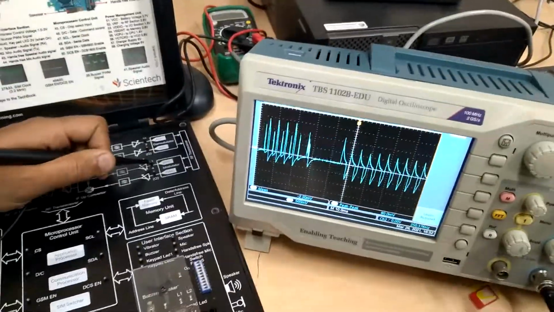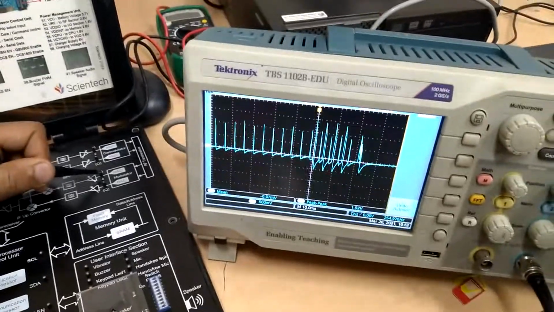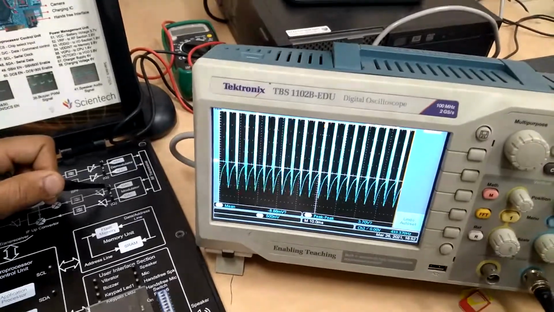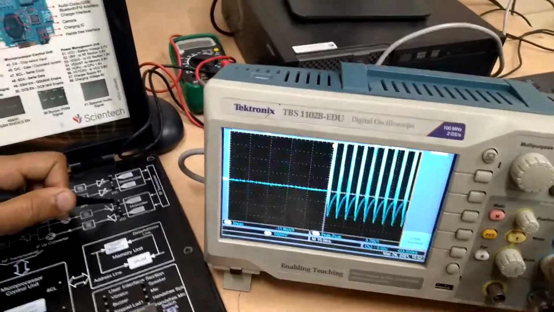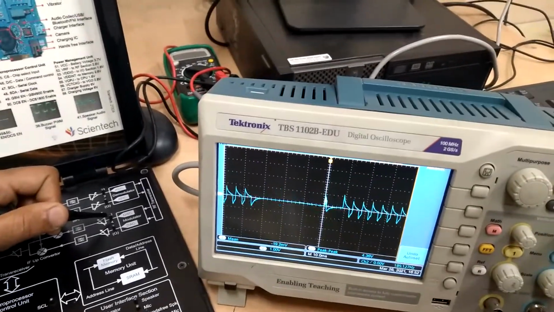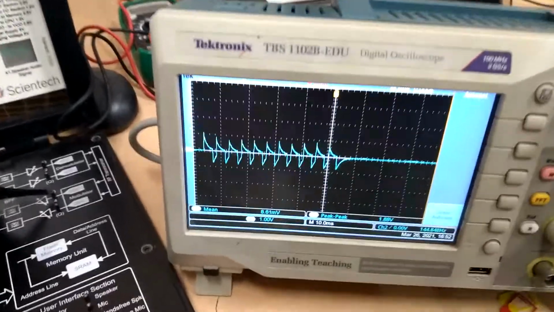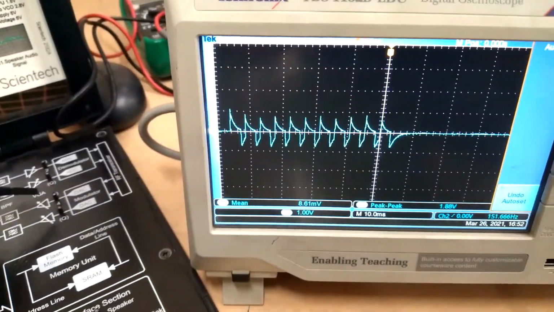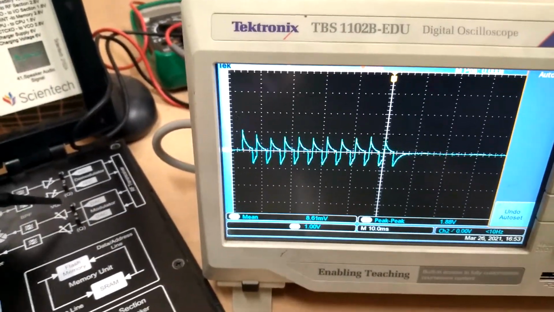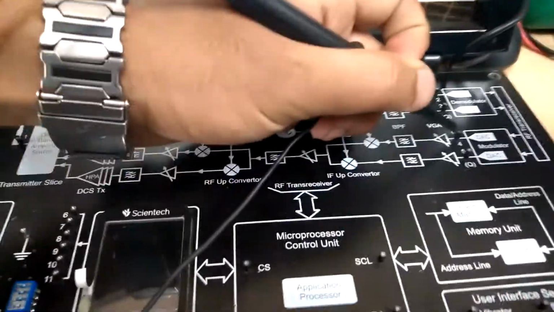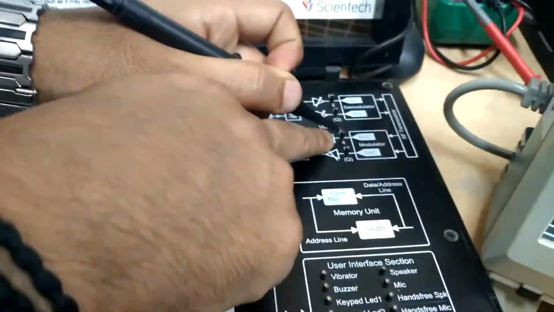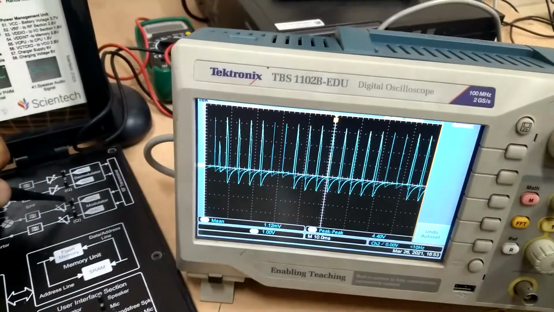See, you can see here, this is I data. So this is the waveform for I data for RX. I have connected the probe here, I, point number 4.